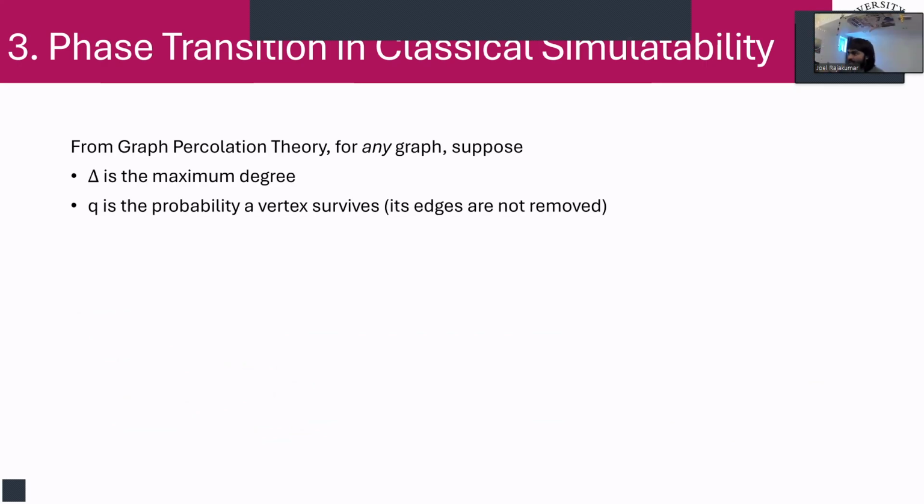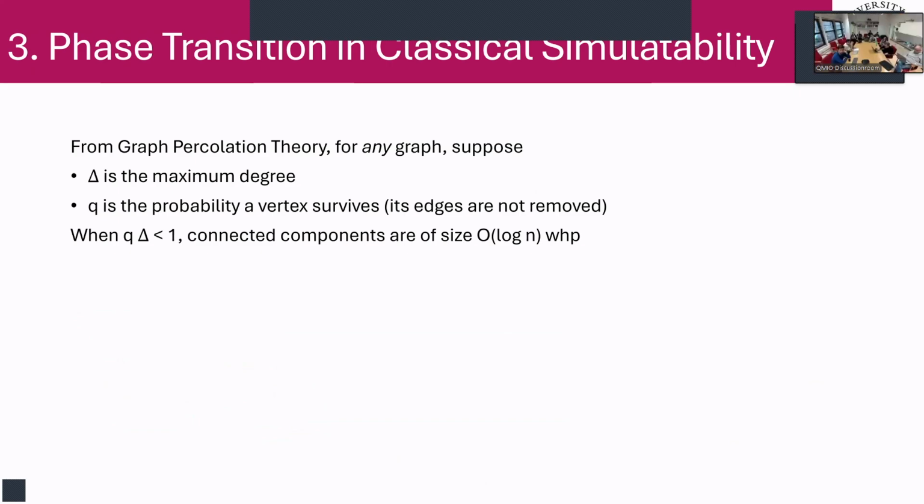So now, yes, there's going to be a phase transition. And how do I prove to you that this phase transition happens at constant depth? From graph percolation, we know that for any graph, if delta is the maximum degree and Q is the probability a vertex survives, then when Q times delta is less than 1, its connected components are of size O(log